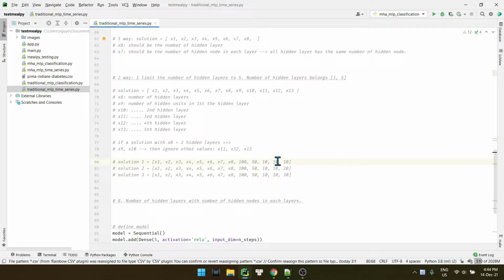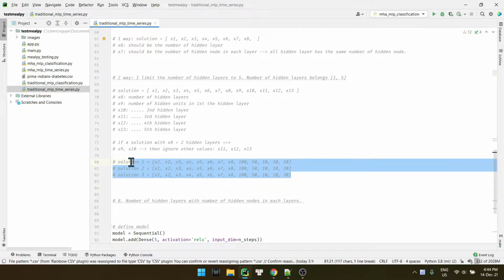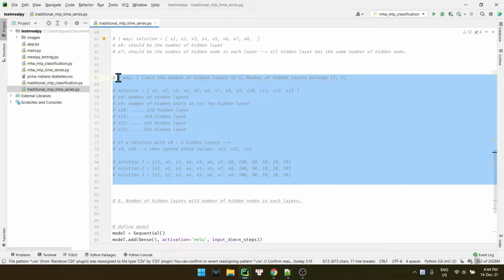So even though the x13 value is different, all three solutions here are identical. So that is the negative or disadvantage of this method. But that is how you decode, or I mean how you organize a solution for this problem, right?